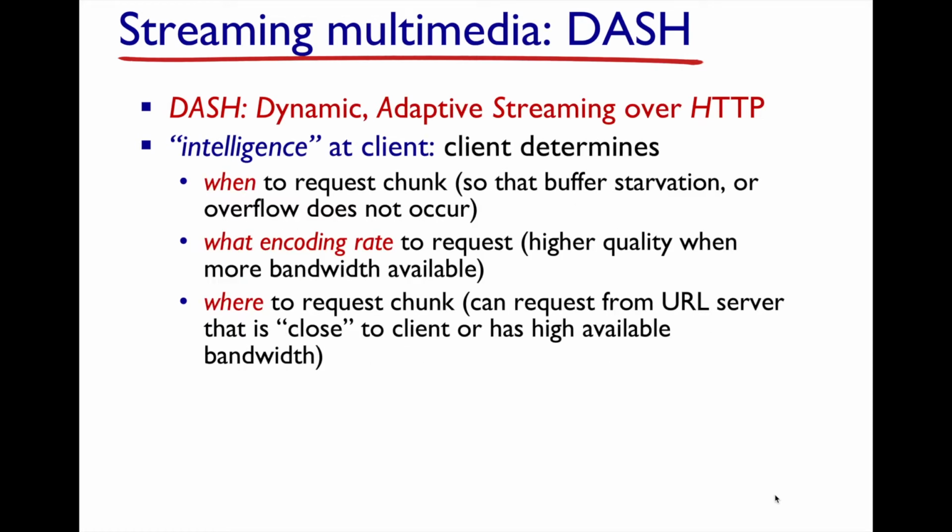Okay. So it's a deliberate design choice. All the quote unquote intelligence, all the decision making, and all of the heavy lifting and all the work for Dash is placed at the client, at the endpoint, right? The server just responds back with a chunk, and it can select a number of different versions of a chunk for these video file versions. So the server doesn't really know anything. It's the client. And it kind of makes sense, right?